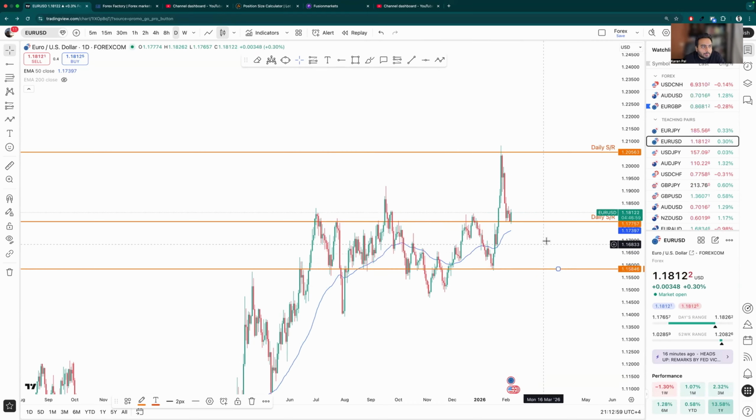And what would be my target? My target would be around here because as soon as the price touched this, the candles went around this area and then came back. So my target won't be this. My target would be the easier ones.